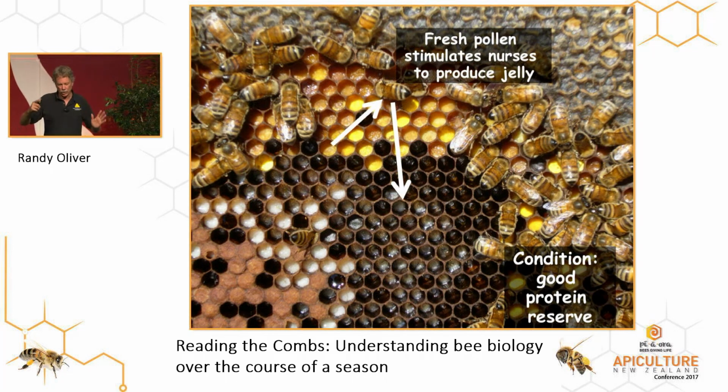Now, if the pollen starts getting cut back, then the nurse bees don't feed the larvae. They eat the eggs as fast as the queen will lay them. So the queen will lay 1,000 eggs a day, and the nurse bees follow right behind her and eat those eggs right up. Or if it gets a little more restricted, they start eating the larvae. The bees consider the larvae also as a reserve of protein, a safe place to store that protein. So their window to the outside world is how much pollen and how much nectar is coming into the hive.